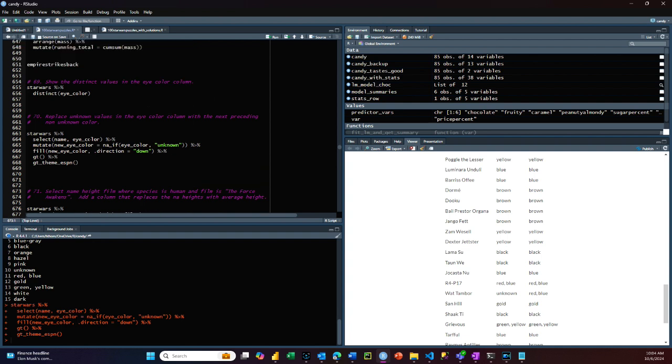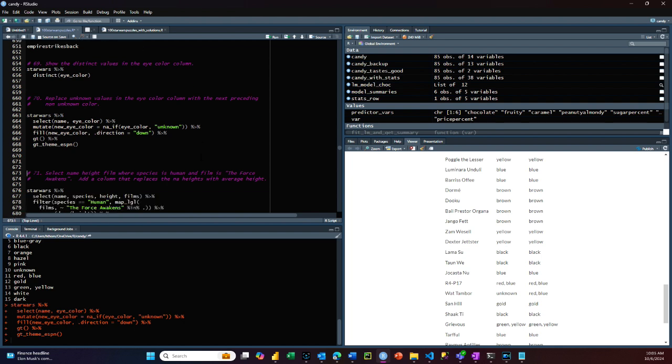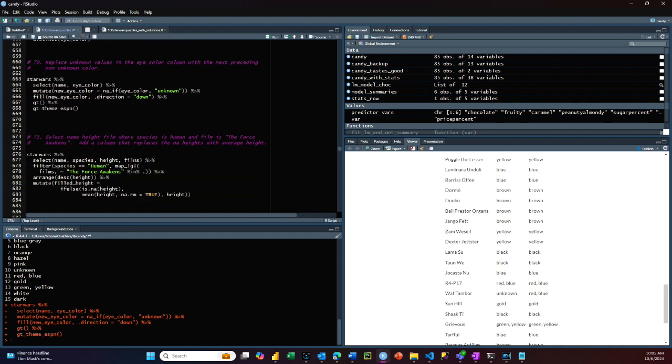71, select the name, height, and film where the species is human and film is The Force Awakens. Add a column that replaces NA heights with the average height. So select the name, species, height, and films. I want to filter where the species is human, and also from the purrr package, map the logical films when The Force Awakens is true. So any character species is human and they're in The Force Awakens,